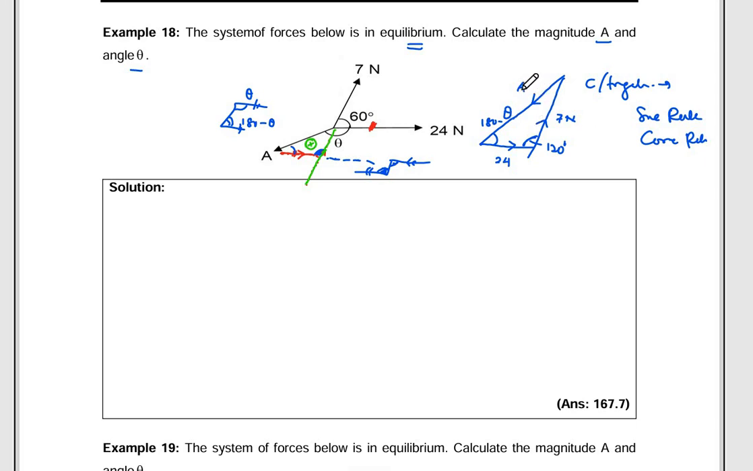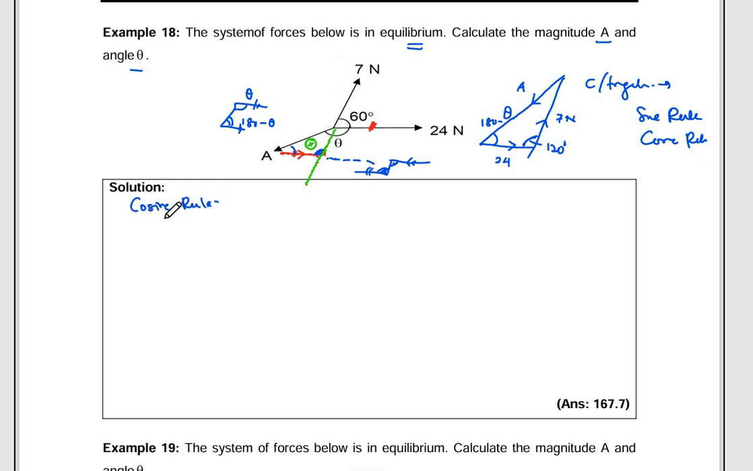Kan? Kalau you nak pair kan, dia pairing A dengan 7, maksudnya sini theta, kita tak tahu. Kan dia akan jadi sin 180 minus theta. Sedangkan kita nak cari A. So, you ada two variables. So, tak boleh pakai sine rule. So, kita kena pakai